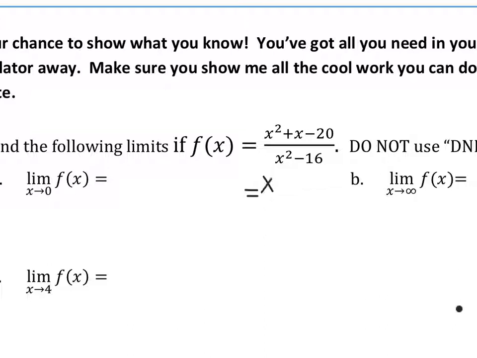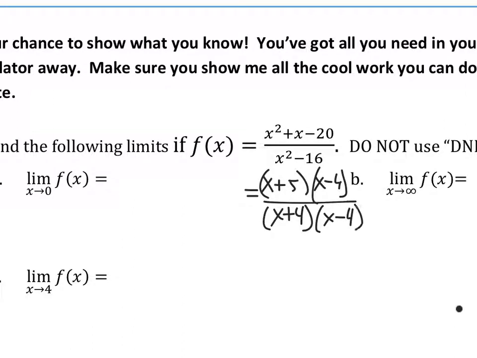This is going to be (x plus 5) times (x minus 4) all over (x plus 4) times (x minus 4). Okay, so this is equivalent to (x plus 5) over (x plus 4) at all places but